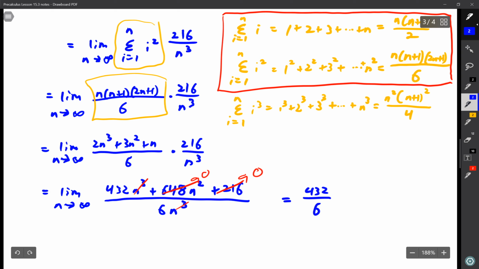The leading coefficients are what stays when the highest power is the same on top and bottom. And 432 over 6 is exactly 72. So that is the area